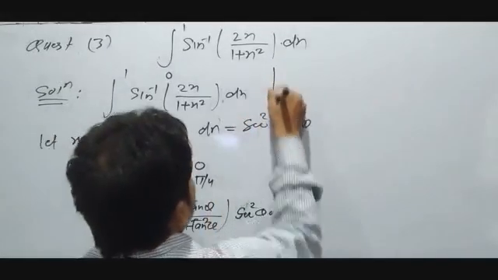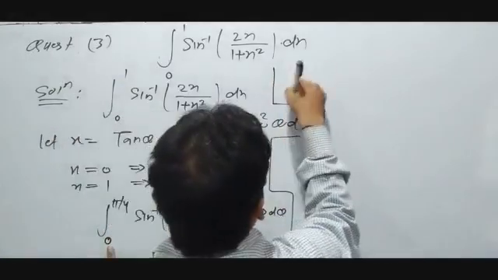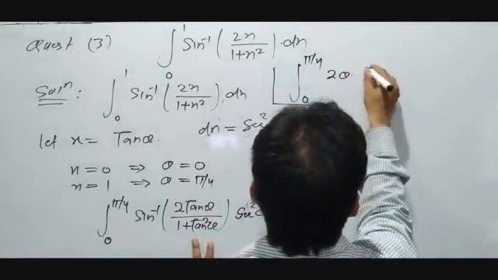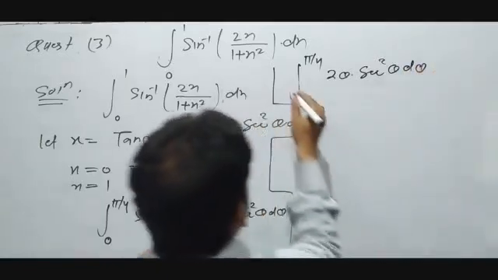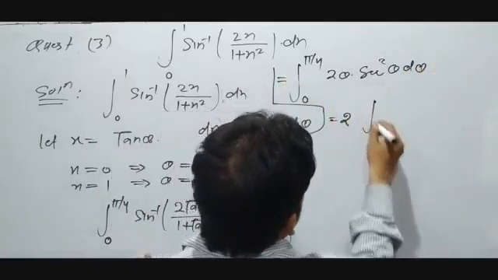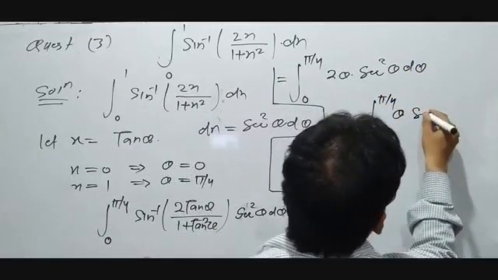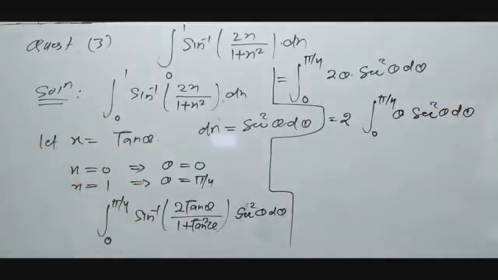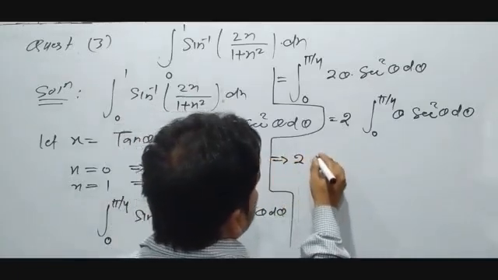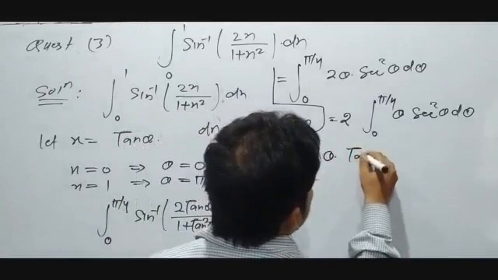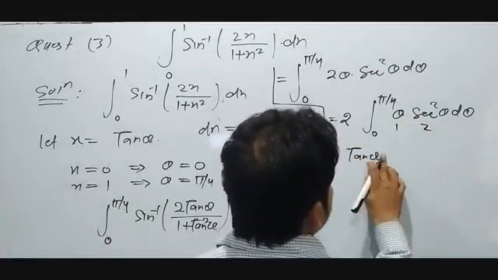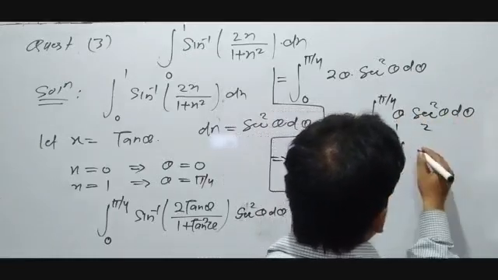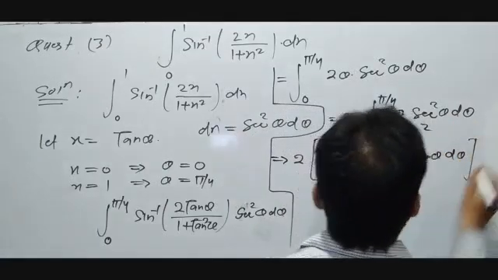Now this result will be integration over 0 to pi by 4 of sin 2 theta, sin inverse sin 2 theta will be equal to 2 theta, sec square theta d theta, and now 2 times integration over 0 to pi by 4 of theta times sec square theta d theta, and now here you will use the formula of integration by parts. So the result will be 2 times the first function times the integration of the second function, sec square theta, whose integration is tan theta, minus integration over this, the first function's differentiation is 1, and its integration is tan theta, d theta.